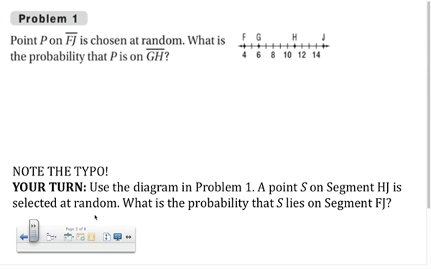In this last lesson of our chapter, we're taking all this area stuff that we've been dealing with, and we're also looking at some segment stuff that we've dealt with long, long ago, and we're using it to calculate probability. Now, I don't have it on my screen presentation, but you have it in your notes that you've seen probability